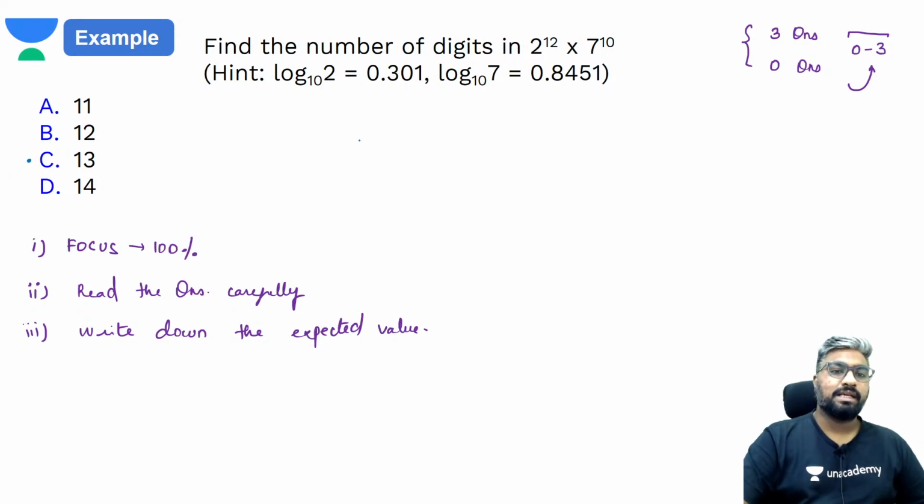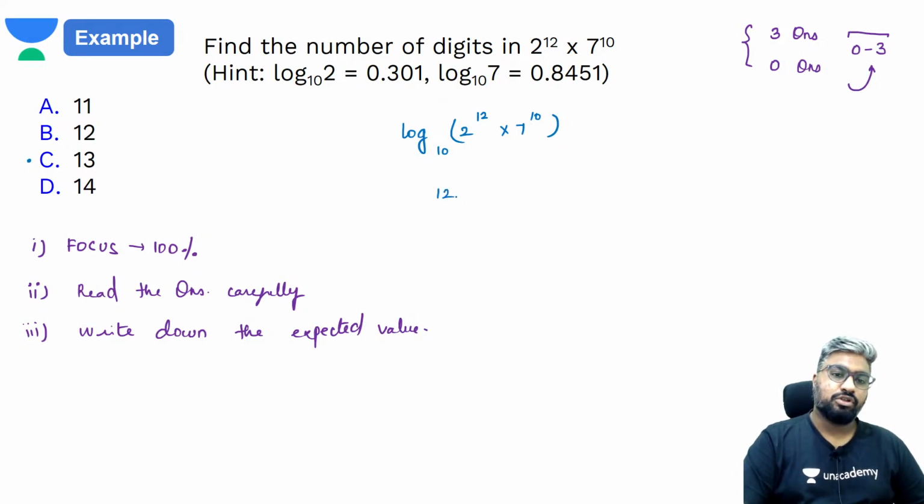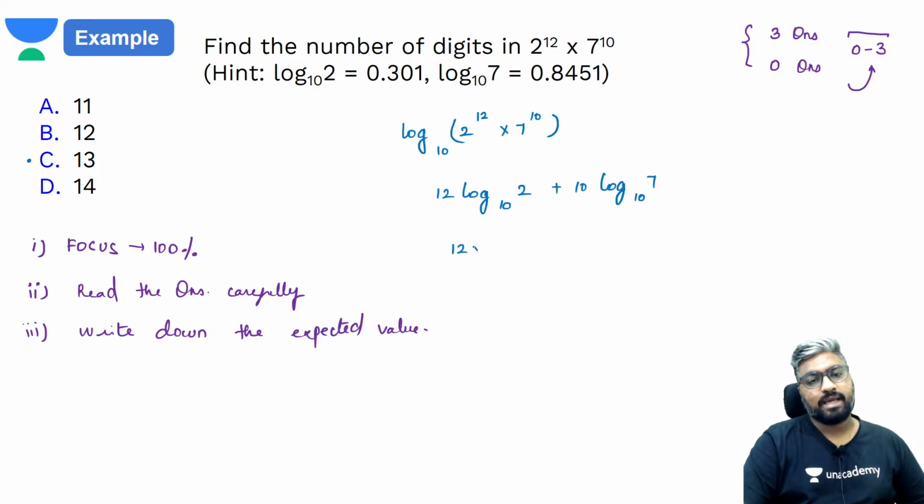ओके, सो हाउ विल वी डू दिस? Log 2 to the power 12 into 7 power 10 to the base 10, plus 1. So what will this become? This will become 12 times log 2 to the base 10 plus 10 times log 7 to the base 10. Log 2 to the base 10 is 0.301, so 12 into 0.301 plus 10 times